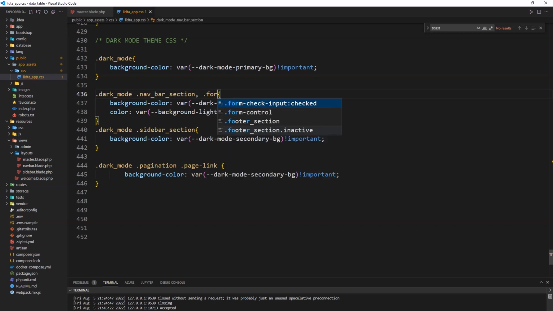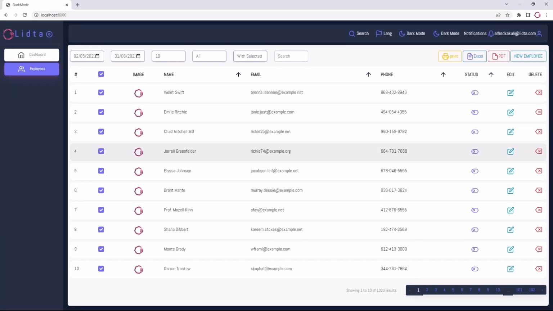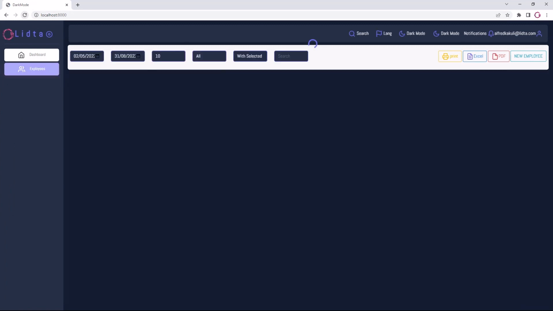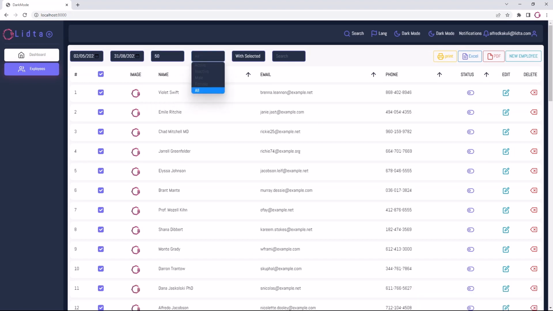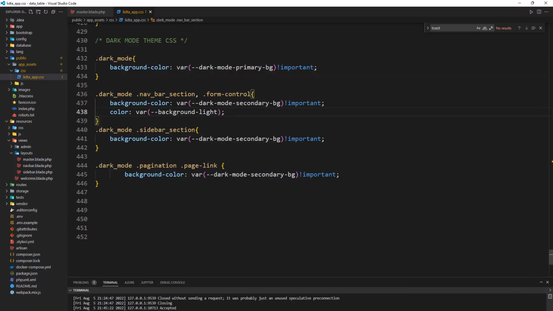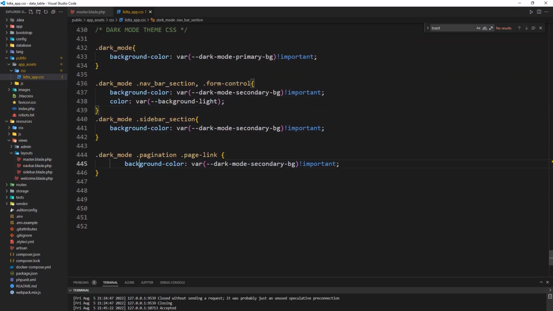So say dot form control, and after that I'm going to my application here and I will reload, and now you can see we have the dark mode applied to our form controls. Okay, let's continue, and now let's target our I'll target the labels for now. So I'll just copy one of these, and